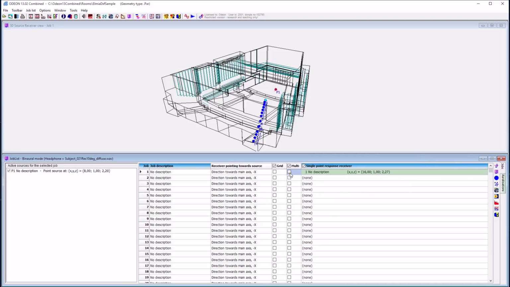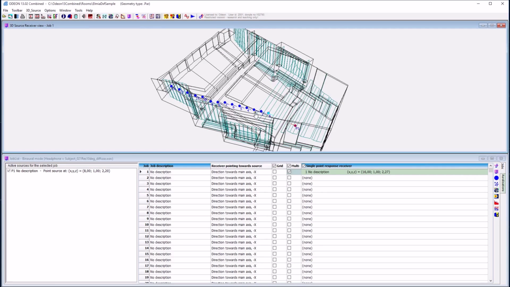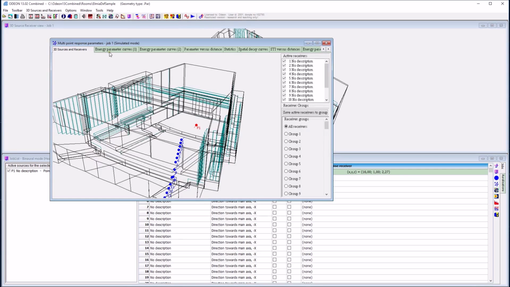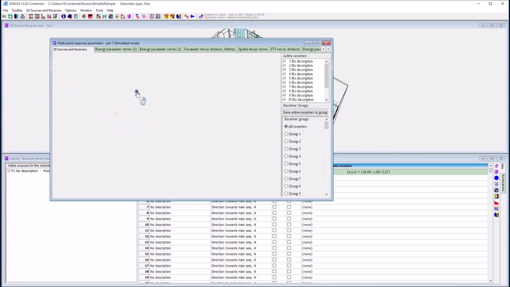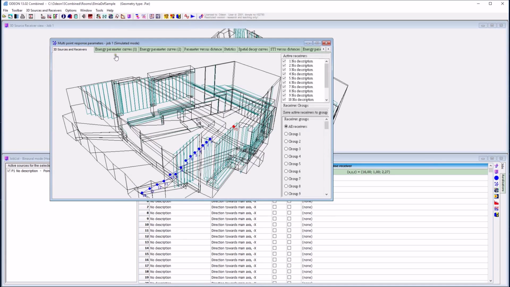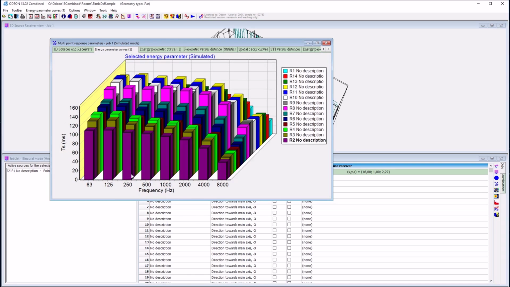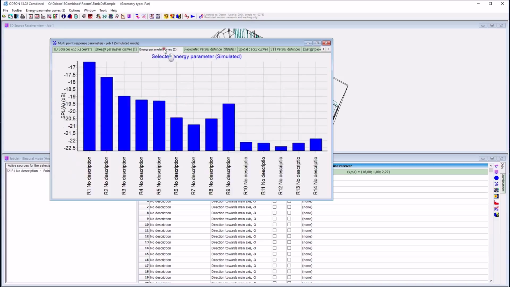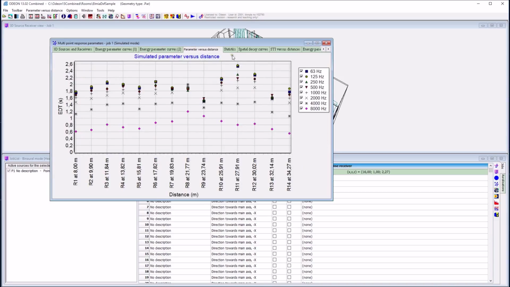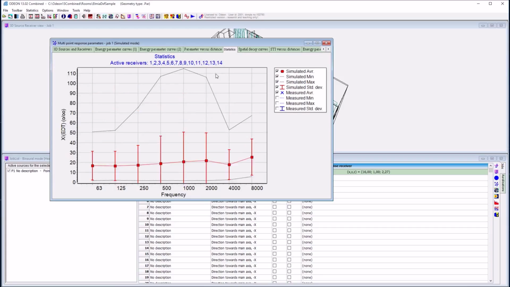Other results we have here is the multipoint, and then we need to check this option and calculate it. And it's simply the same results, but for a number of receivers, and then not so detailed as before. If we open this multi-point response calculation, then you can see which points they were calculated for. We can group receivers, so we can get statistics for a selected group of receivers. We can view parameters here, so there's a number of different parameters available calculated at the same time for these different receivers. We have parameter versus distance in a graph, statistics for selected parameter,